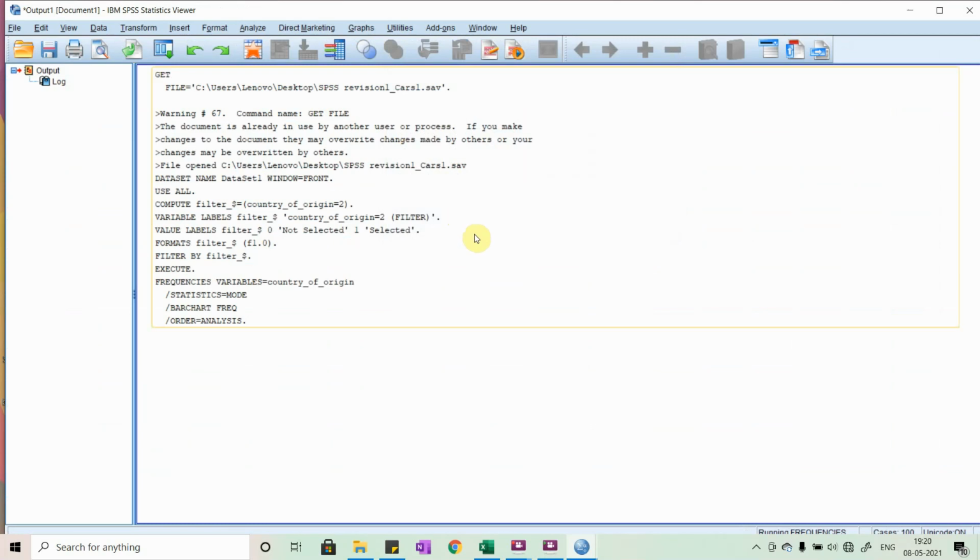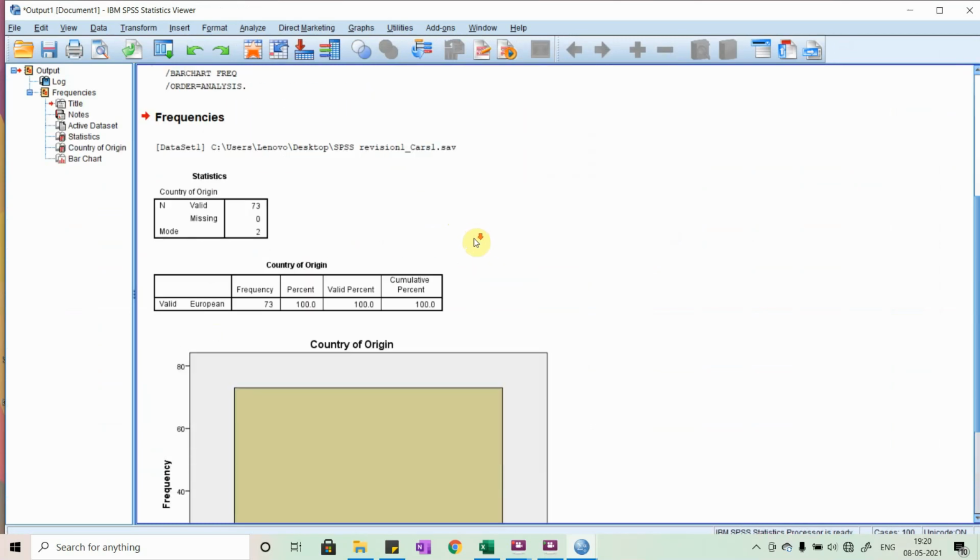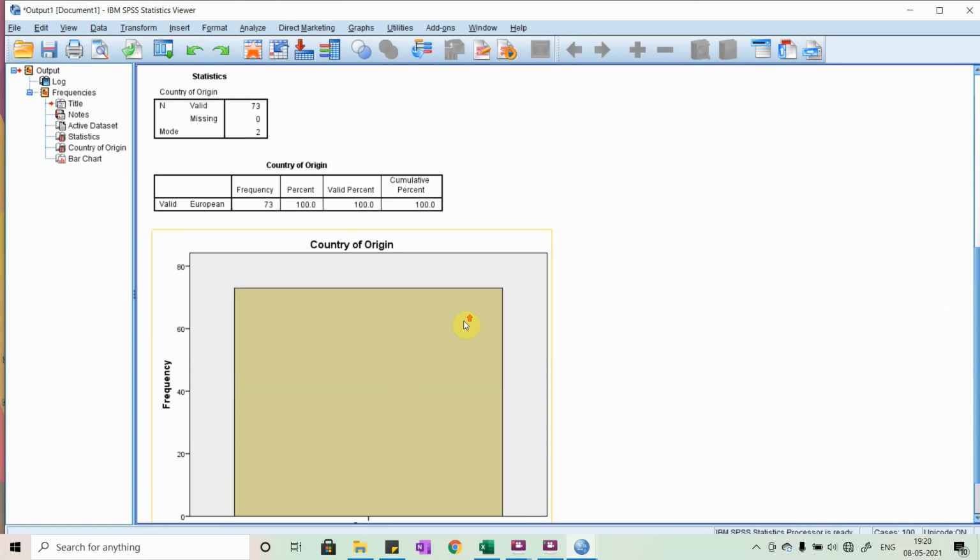Now you will see that since we have only selected the European cases, the output is also given only for the European country of origin. So that is how you perform descriptive statistics, select cases, and split file in SPSS. Thank you.